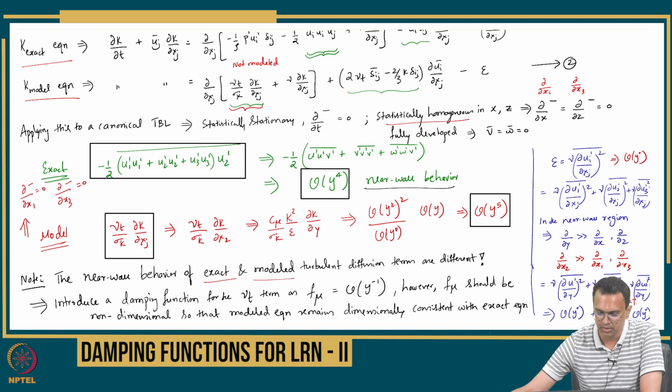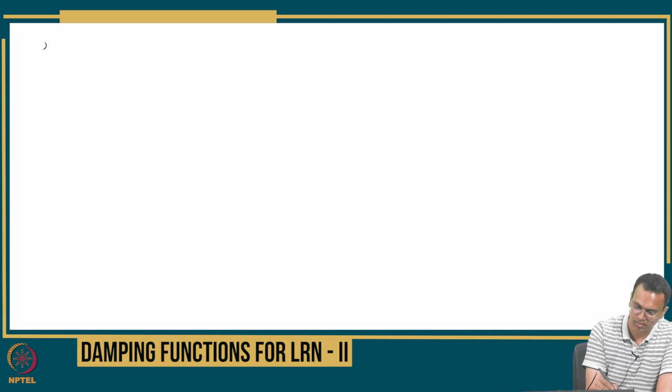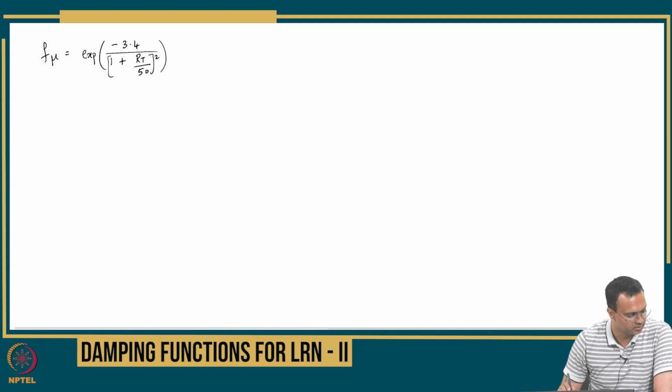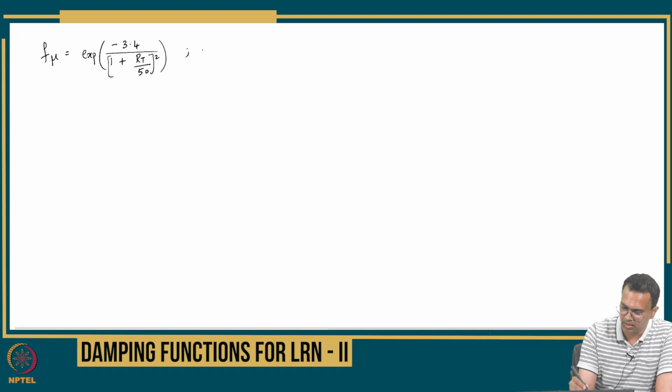One option is to use f mu as exponential of minus 3.4 divided by 1 plus RT by 50, squared. This is one of the damping functions that is used in Launder and Sharma, where